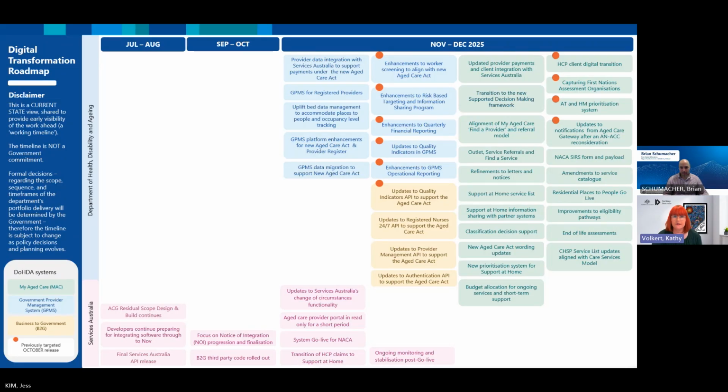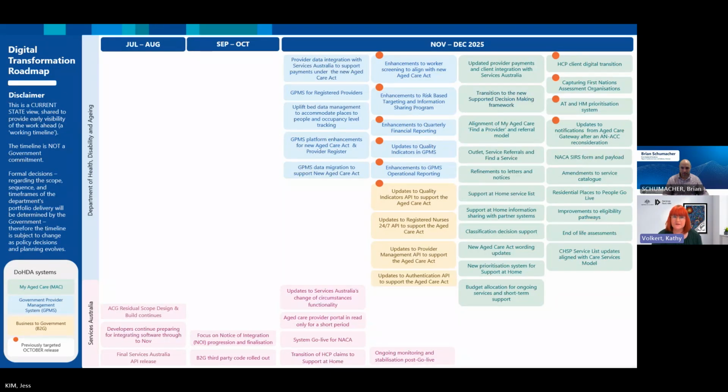We're very dependent on the gateway to provide care recipient data to enable us to process payments to providers. We are currently working through interagency testing with health, going right through to us doing final sign-off of that work.